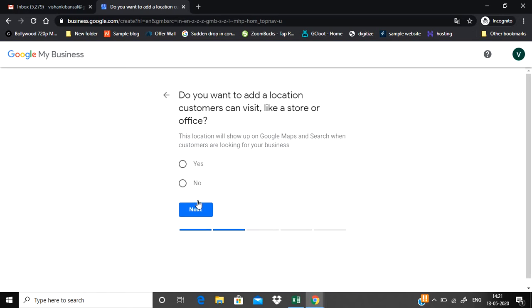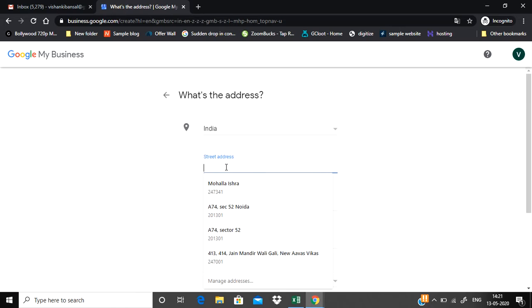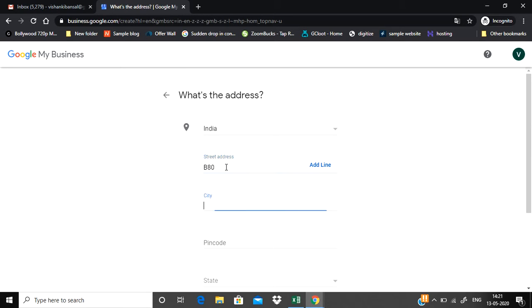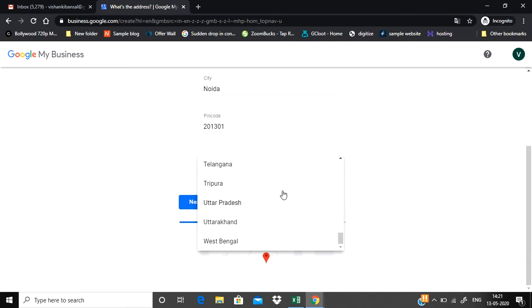Next, do you want to add a location customers can visit like a store or office? Yes. Next, we need to enter the address of our business location. I'm putting a random address. Noida, pin code 201301. State, UP. Click on Next.